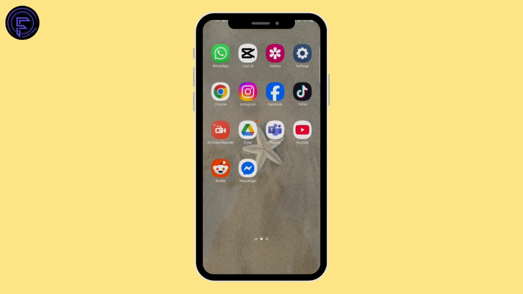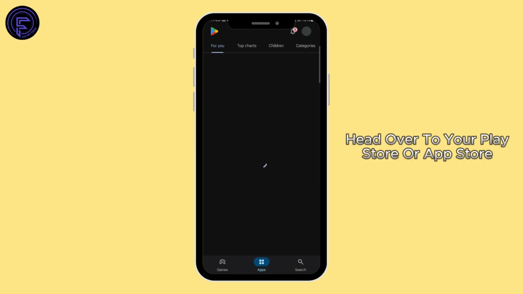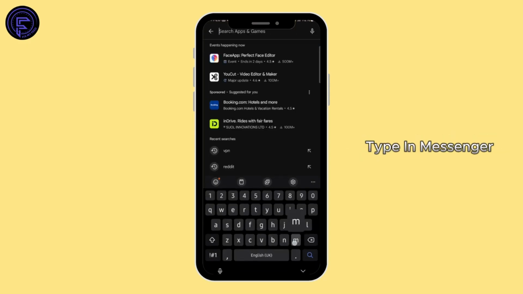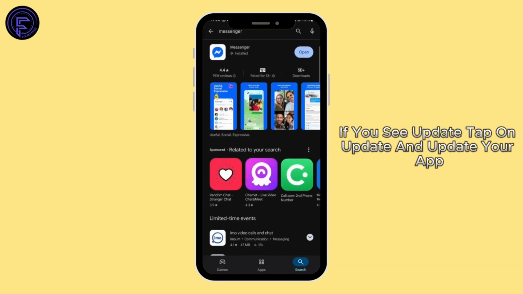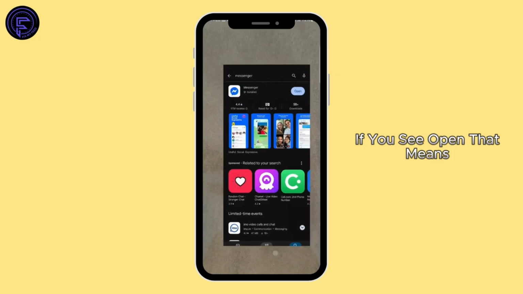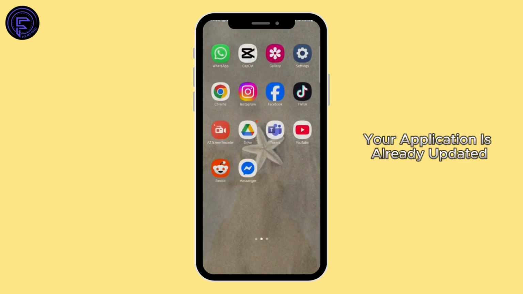Let's get started. First things first, make sure that your Messenger application is updated. Head over to your Play Store or App Store, and at the top search bar, type in Messenger. If you see update, tap on update and update your app. If you see open, that means your application is already updated, so